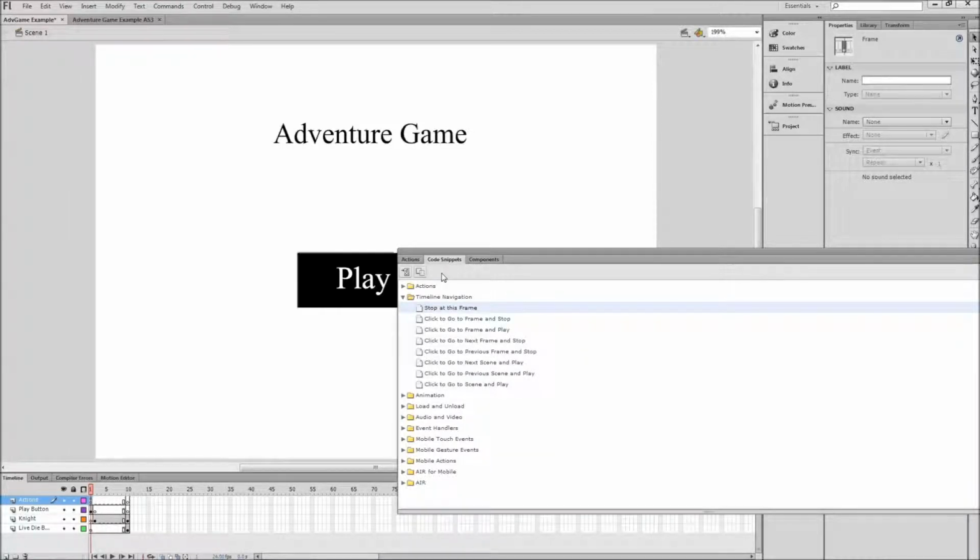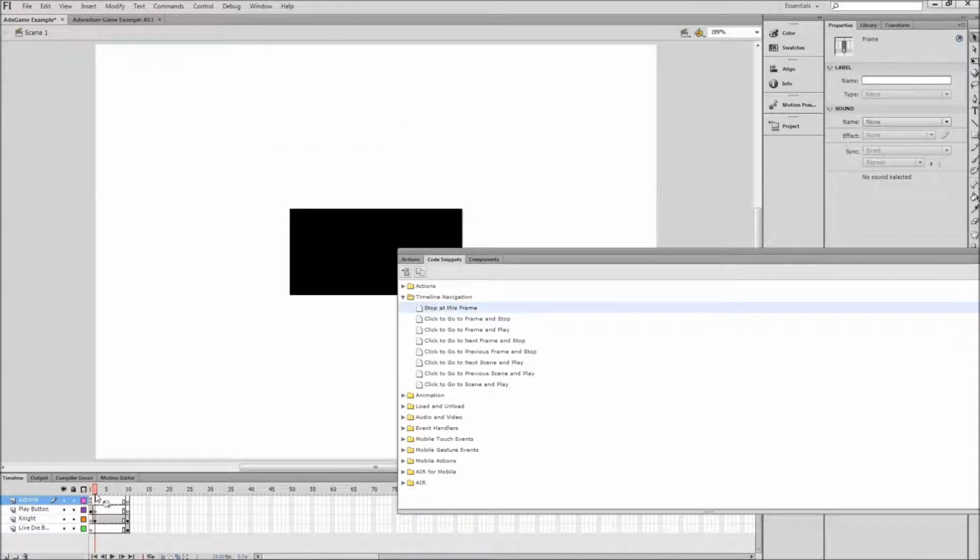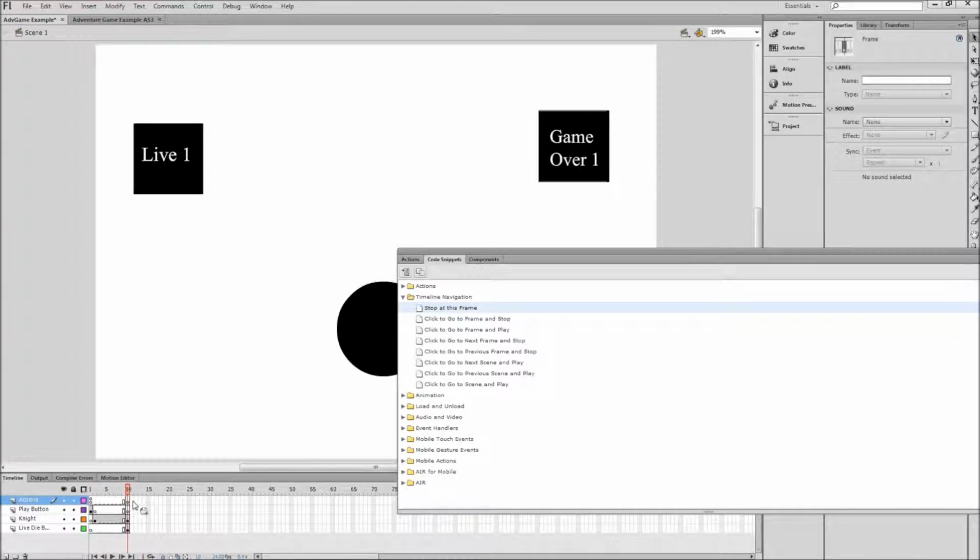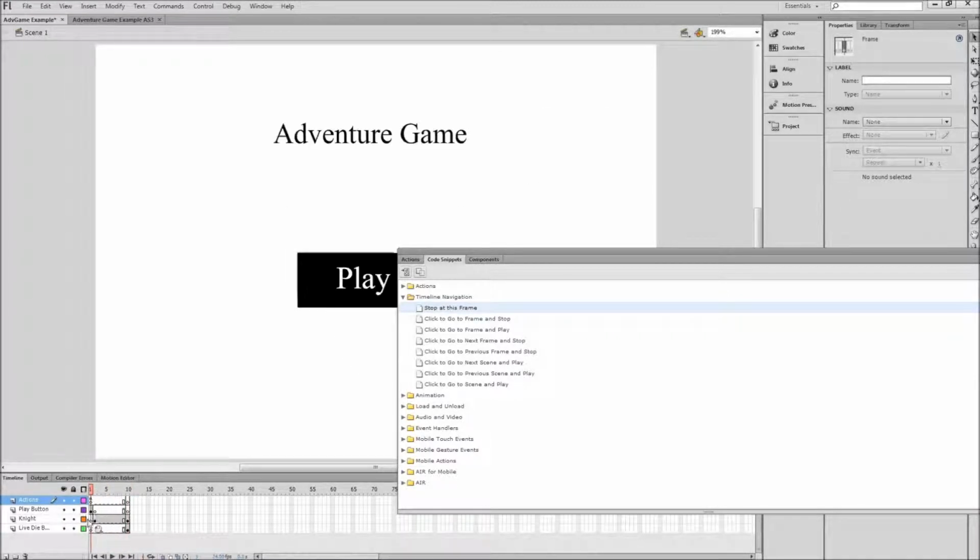This piece of ActionScript is go to frame and stop. Okay, so what we want to do is go to frame and play, should I say. We want to send the needle to frame 2 and then tell it to play to frame 10, and then stop at the end here. So again, it will place this on this frame here. So if we select click to go to frame and play,